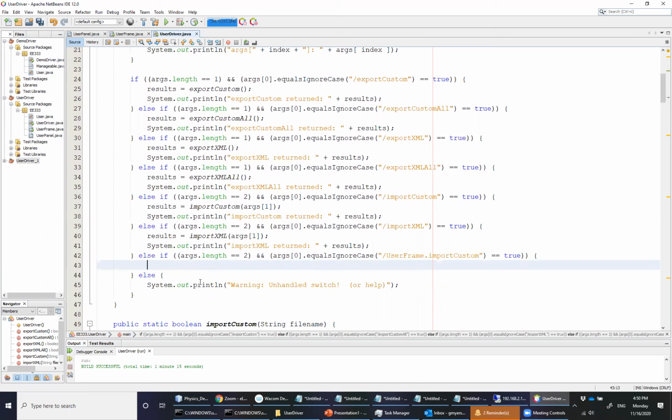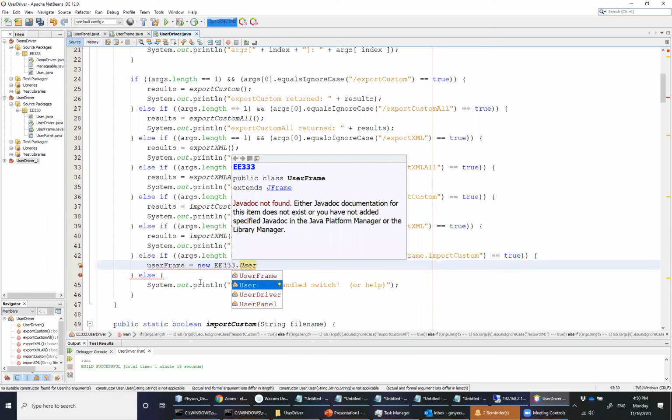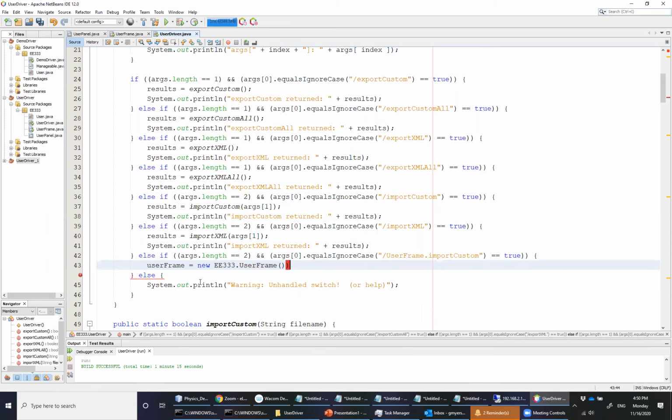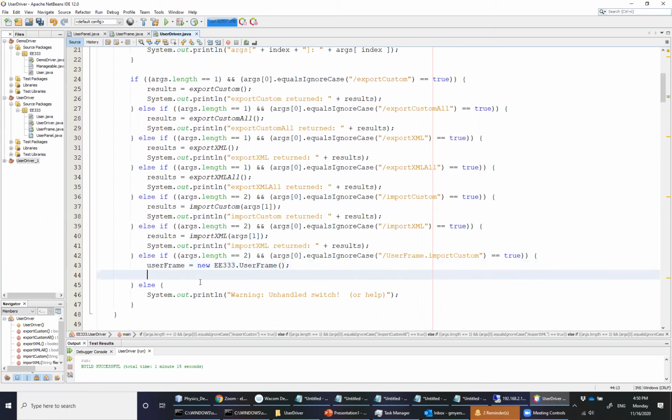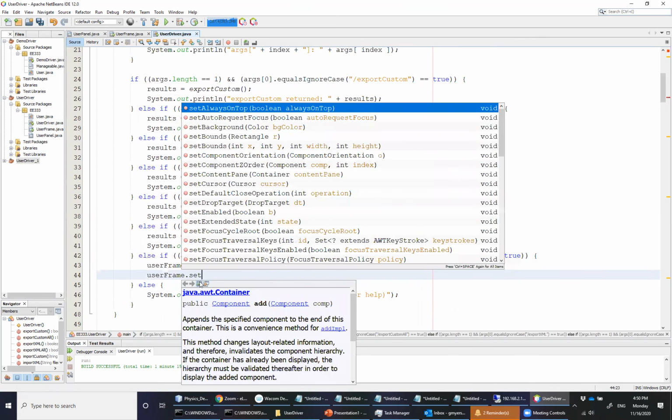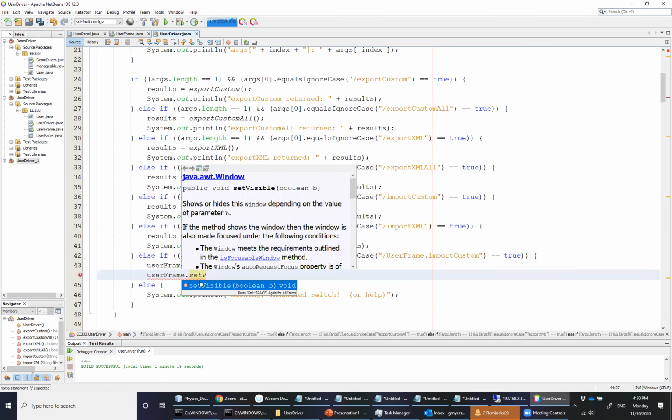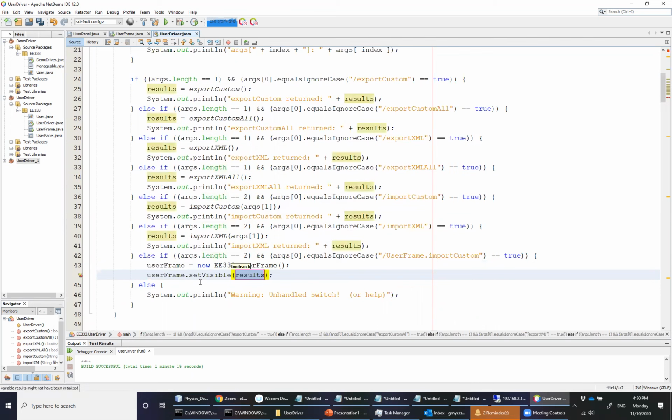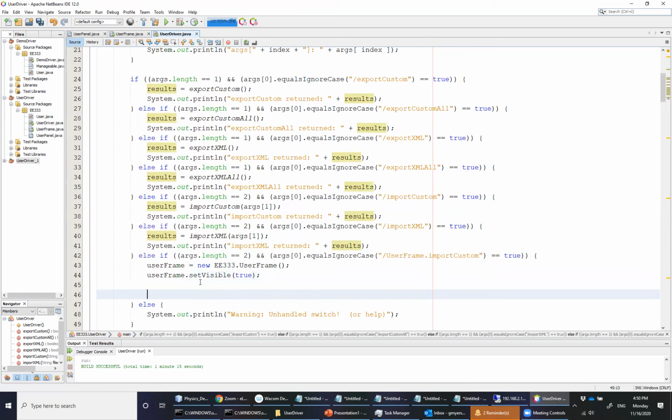In this case, what I want to do is say userFrame is going to be equal to a new EE333.UserFrame. Essentially that initializes the user frame object. And from there, we want to say userFrame.setVisible, and set that to true. So let's go ahead and give this a shot. I'm going to save it,